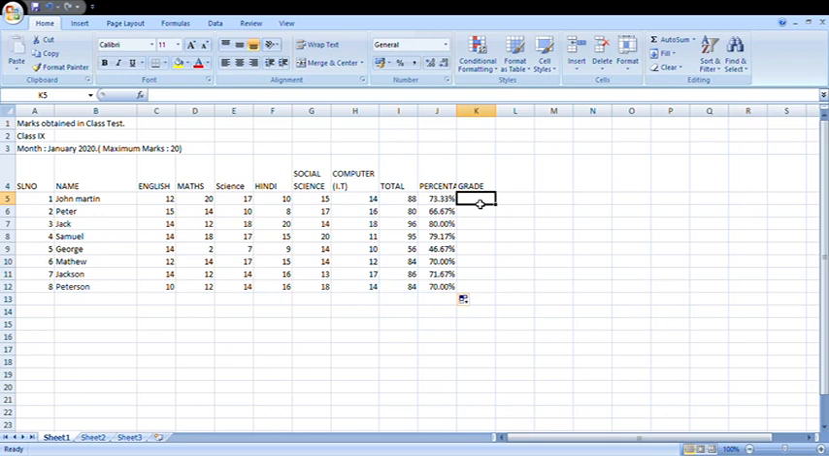So how will we give the grade? We will just write here equal. Go to the equal, and then we'll go to if. The same thing will be repeating again. You just have to be cautious. If